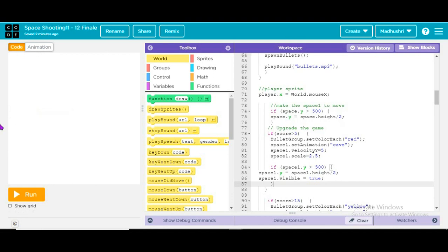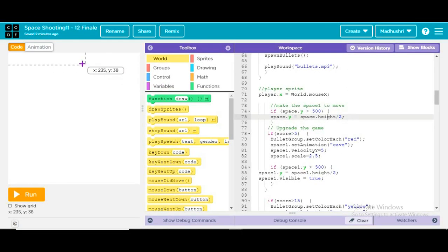If we were making the space move in the x direction, horizontally, we would write space dot width by 2, but this is the y position, so it should go from up to down, like how enemies are coming. So like that I gave: look here, space dot y equals space dot height by 2.